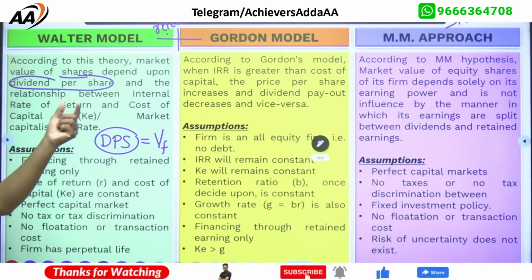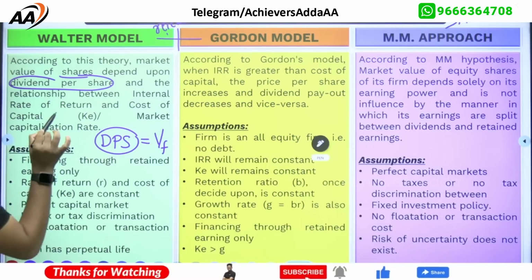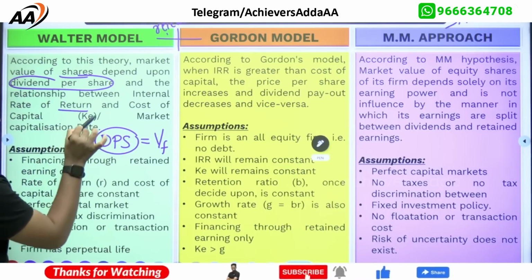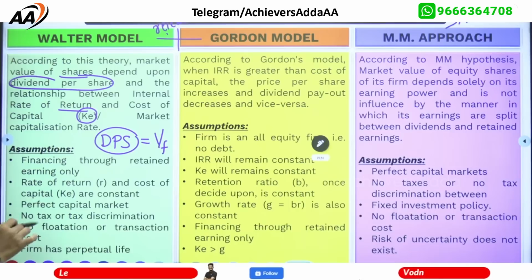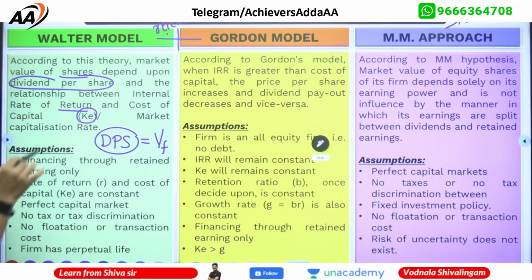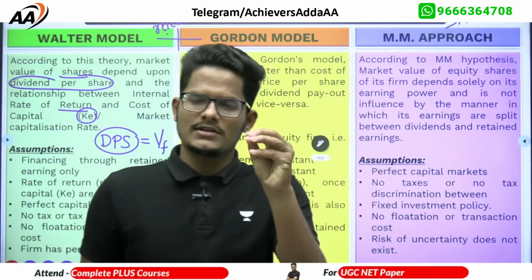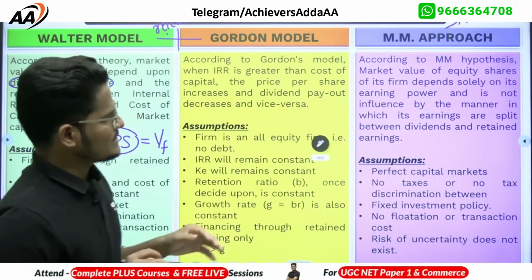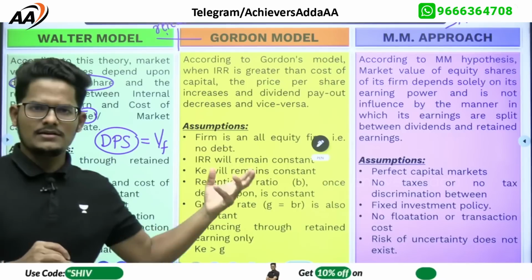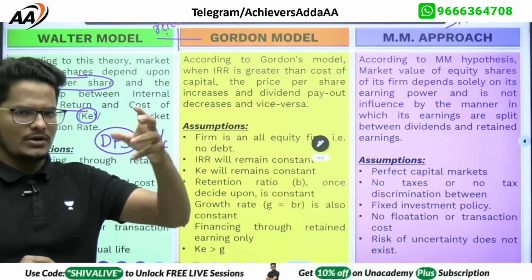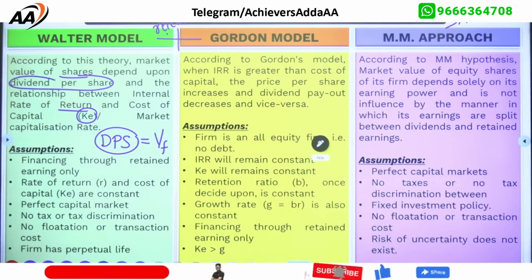And the relationship between the internal rate of return, IRR, and the cost of equity or market capitalization rate exists over here. IRR and the cost of equity, cost of capital, but in all cases cost of capital is treated as cost of equity. Why? Because here there is no other capital, only equity capital exists. That is why total cost of capital is equal to this one. Next,